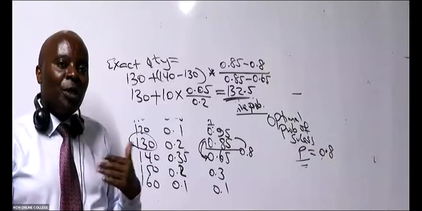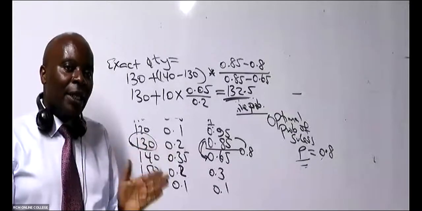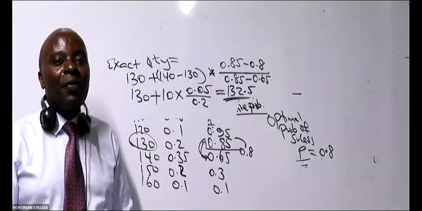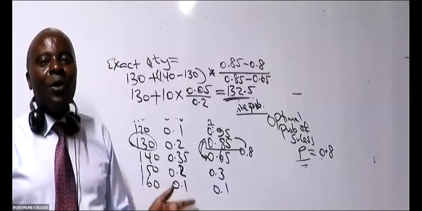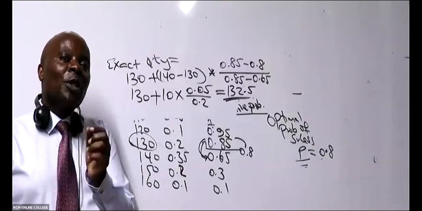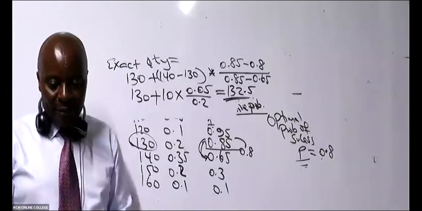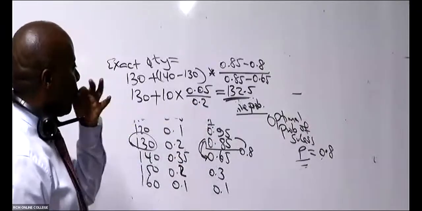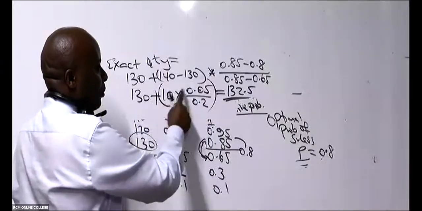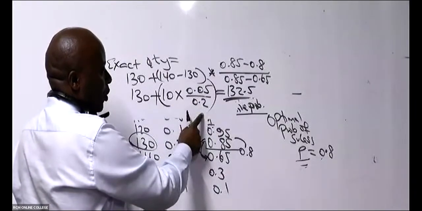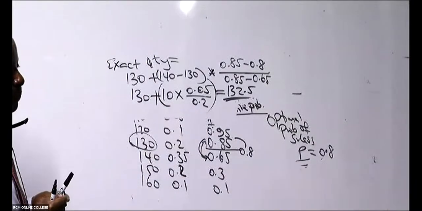Because you see, the examiner will tell you to use a continuous probability. I know you did this in QA. A discrete probability distribution can never accommodate a decimal number, so there you give a whole number. But when they tell you it's continuous, like in most of your exams, we must write the exact number we get precisely. The students who are not able to get this, I know it's because of body mass. First we multiply: 10 times 0.05 over 0.2. Whatever answer we get, we add it to 130. We shall be able to get that 132.5.